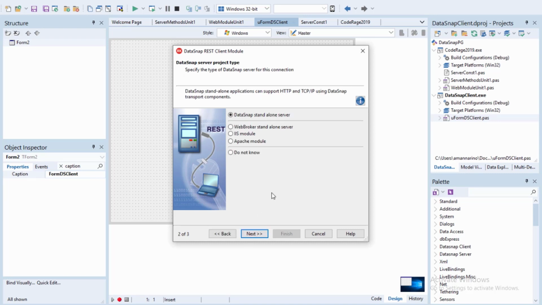On the second screen of the wizard, we can specify the DataSnap server project type. So currently we are building the client app against the standalone DataSnap web broker server, but in production we will most likely be using the DataSnap server built as an Apache module and deployed to a Linux machine, or as an ISAPI DLL running in Microsoft IIS server. So at this point it's okay to select the Do Not Know where the application is going to be deployed,